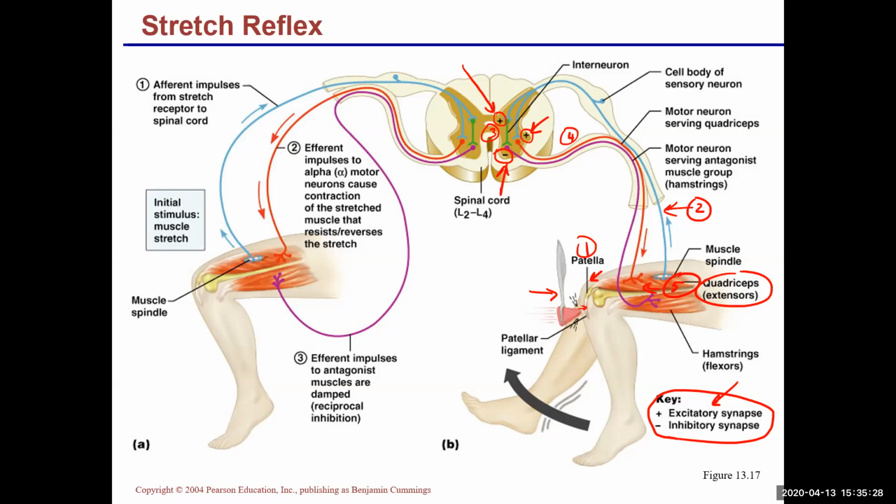GABA is one. Congratulations. Glycine is another one. All right, and so on. Those are the two that we discussed. But the point is that they could open up the chloride ion channel. Chloride could go in, or they could close the potassium channels. Now potassium doesn't get out. So again, it can have